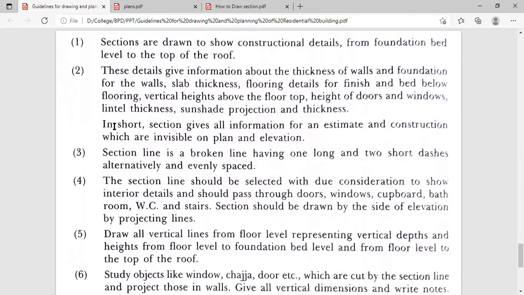In short, a section gives all information for an estimate and construction which is invisible on a plan and elevation.